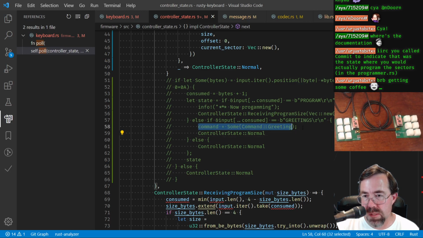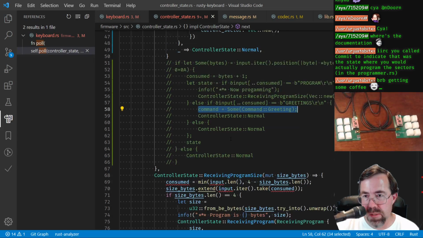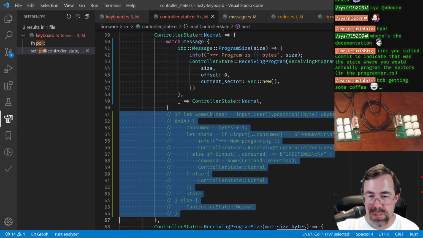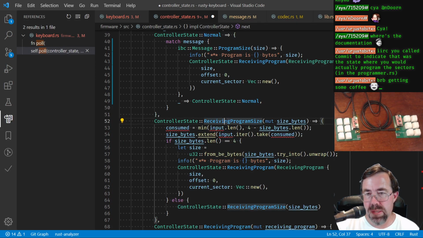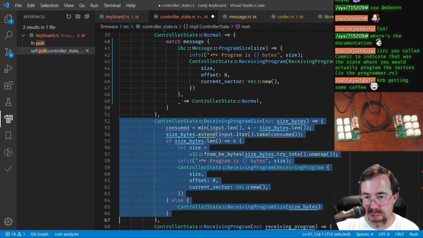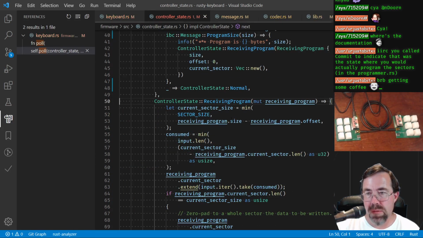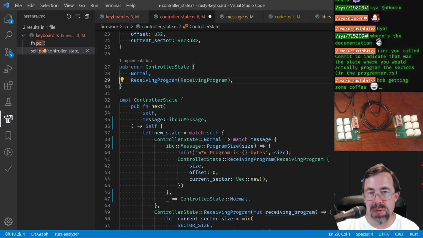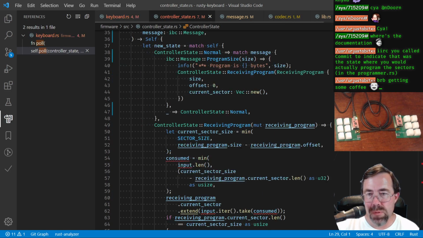Because this is not handling the command. This is just interpreting the command. We do that somewhere else now. I can delete all this. Okay, if this state doesn't exist anymore, I can delete it. If we're receiving the program, yeah, let's go and delete that state. Well, yeah, I don't need this anymore. Okay, cool. If we're receiving program, then